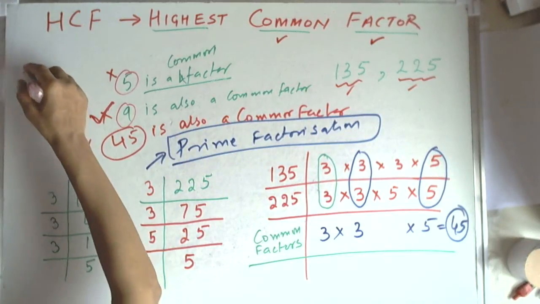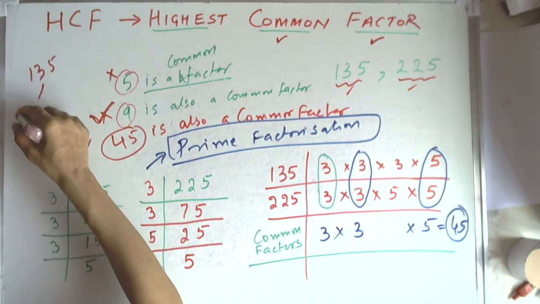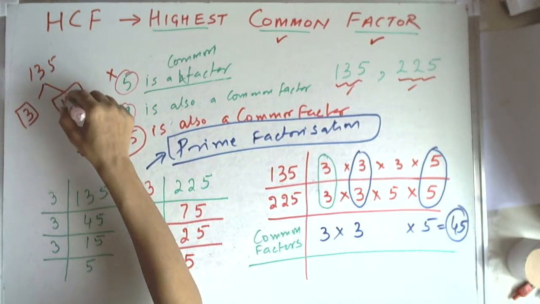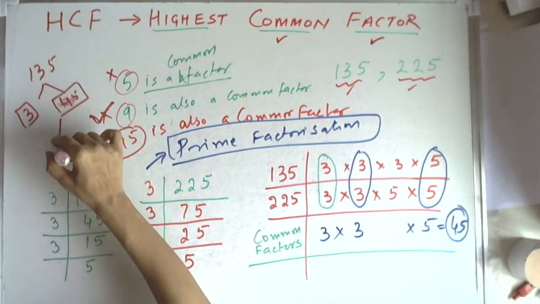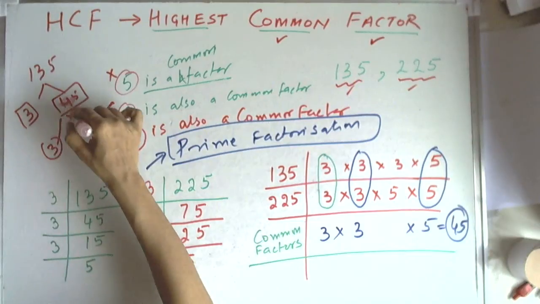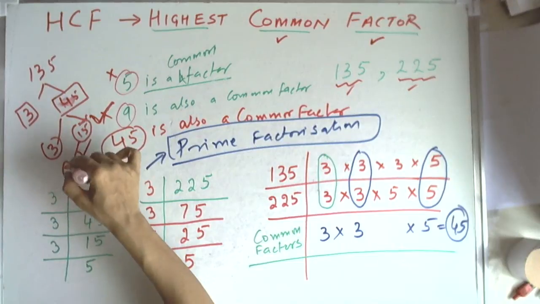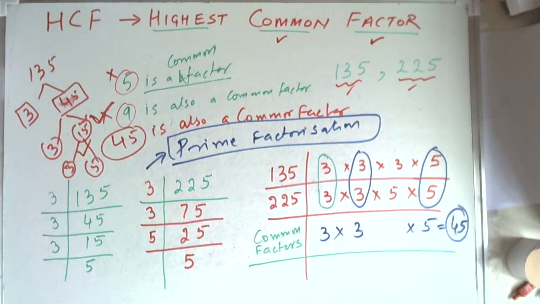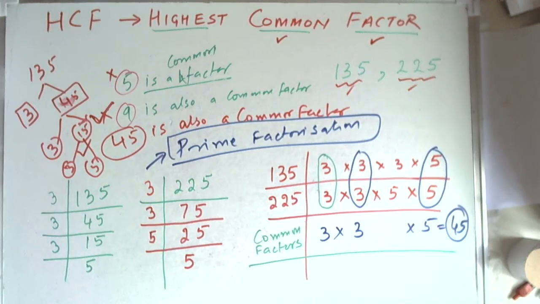Say for example we are saying 135, and we can write like 3 and then 45, and then we can do another 3, 15, and then again 3, and 5 like this also. So we can do factorization like this, or we can do neatly in a tabular form the way it was done earlier. So either way we can do factorization,